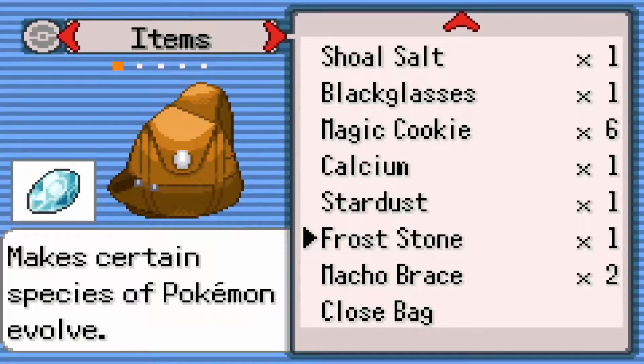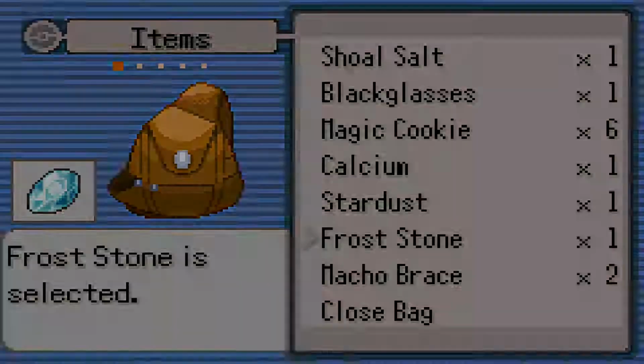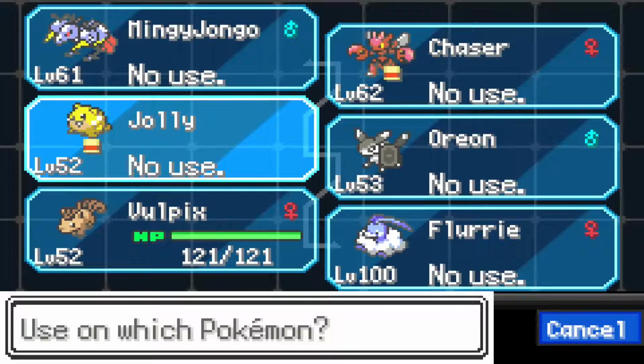Also in the Shoal Cave, you're going to want to take Victini or a Staryu with Lucky Star for this. But if you steal from Spheals that you find in the Shoal Cave, which are just everywhere, you can find Spheals in any part of the Shoal Cave. I was mistaken a few videos ago when I said it had to be low tide. It does not. But stealing from that, you will get a Frost Stone, which not only evolves Eevee into Glaceon, but will also evolve Vulpix